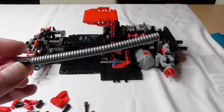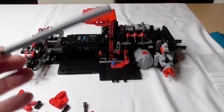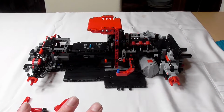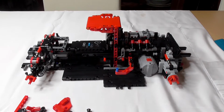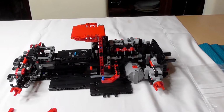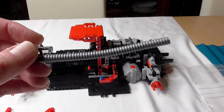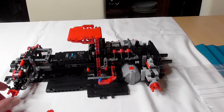I have a long list for things that Mould King hopefully will do next year. First thing is, please make more cool Technic car MOCs. Make some better electronic components, because sometimes they don't work. And perhaps cut these things in the right length before delivery, and then you're a perfect company, because your Technic